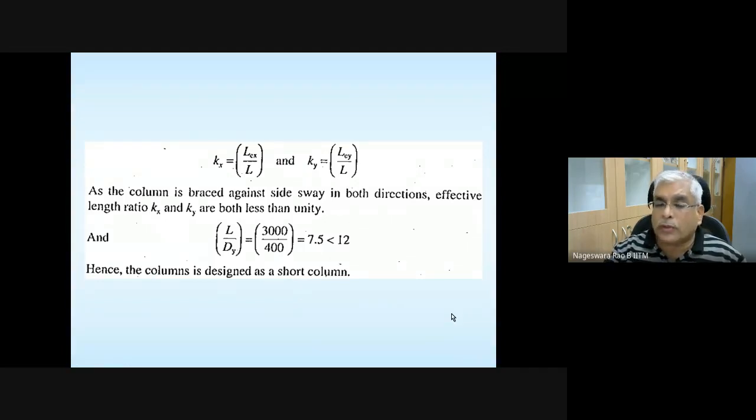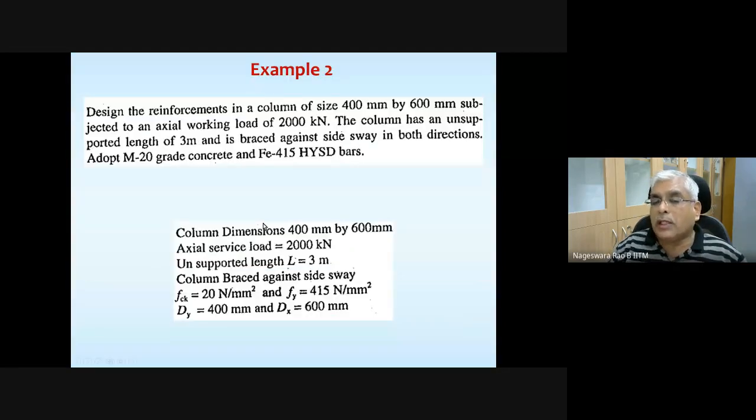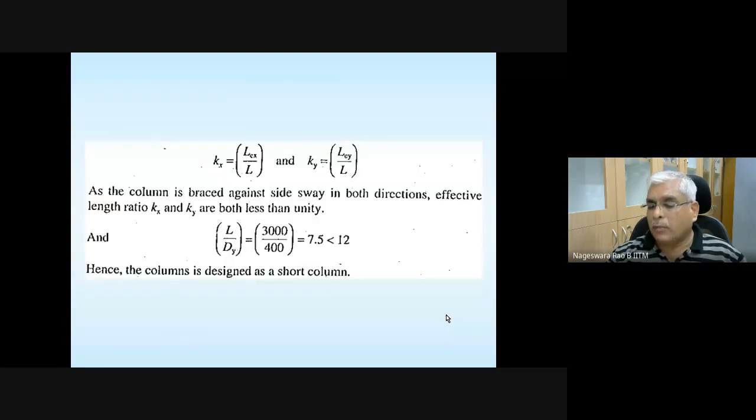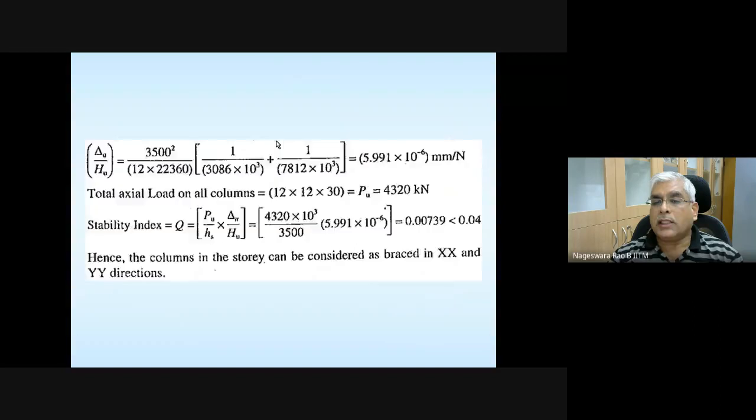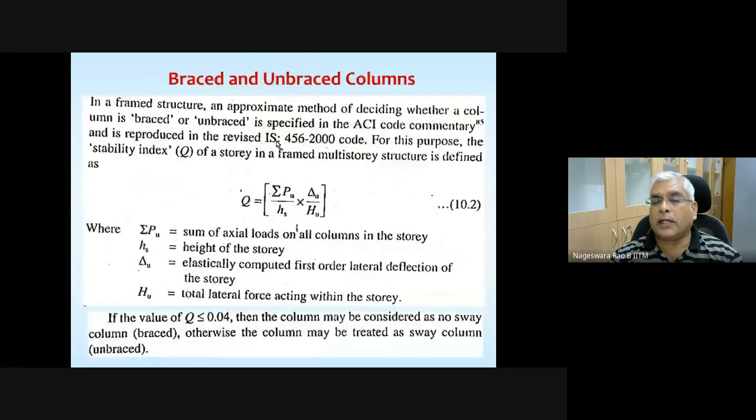So we can follow the procedure under axially loaded short column. This is the first step you need to make sure: that the column is short, because whatever procedure we are learning as a part of this course is applicable only for short columns. After that is over, you need to calculate the minimum eccentricity. Minimum eccentricity is given by this relation. So please take a note of it, because it's difficult to go back and forth.